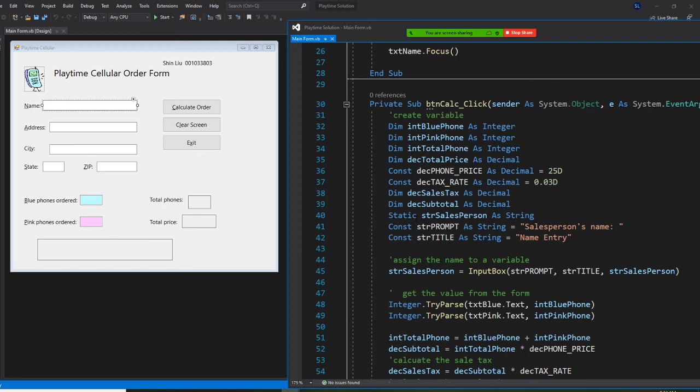Once you say static, you extend the salesperson's lifetime to be the entire class, beyond the button. But the purpose of doing this is that the other buttons, the other procedures, will not know this variable. Then we will reduce mistakes. Other people may make mistakes. So this is your chapter